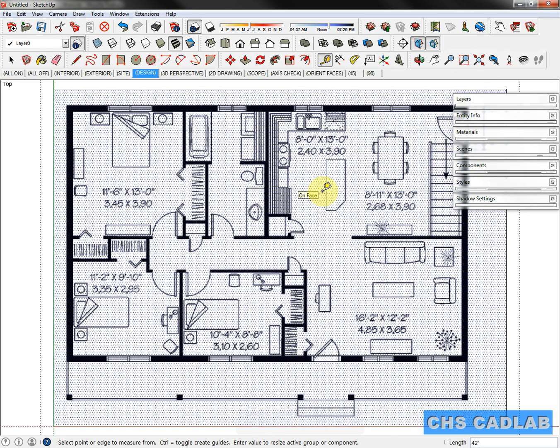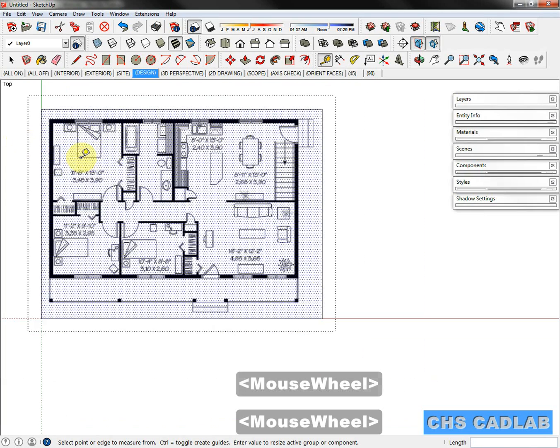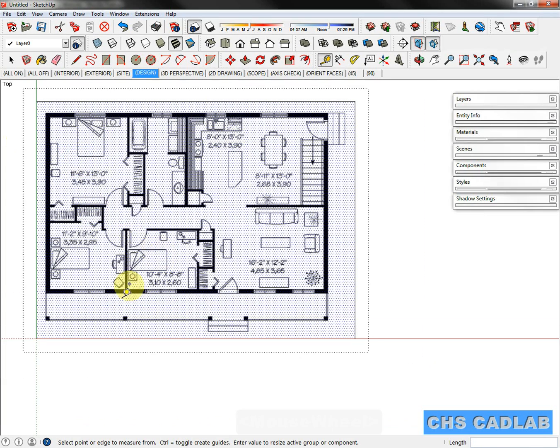Okay, so now what we've done there, we've basically scaled this image to approximately the size of the real house floor plan. So that way when we go to look at doors and windows and things like that, they're going to use those standard sizes like 3 feet or 6 foot or whatever the size of the door or window openings are. They're going to be very close. It might be a couple inches off, but for what we're doing, that's going to be fine. Okay? All right. So now that we've got this scaled,